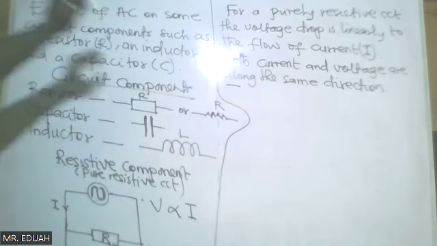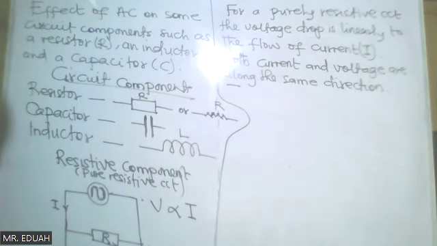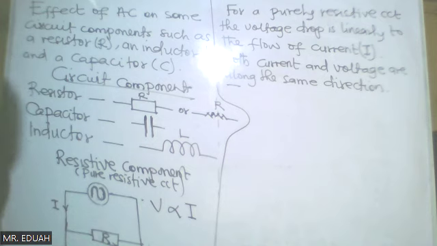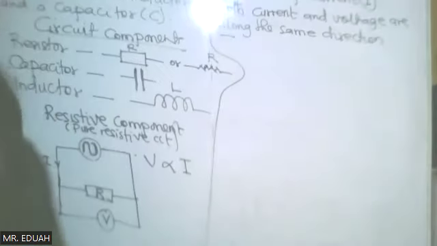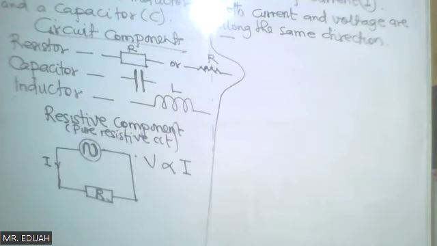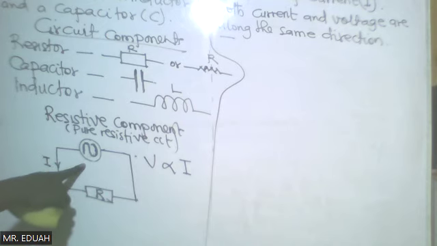So I said for a purely resistive circuit. And what is a purely resistive circuit? It's a circuit with an alternating current source connected to a resistor. So this arrangement is what we call a purely resistive circuit. This connection. So for a purely resistive circuit, we are looking at an AC source connected to a resistor. And if you connect a voltmeter across the resistor,